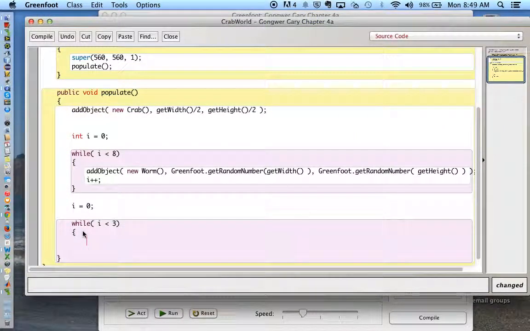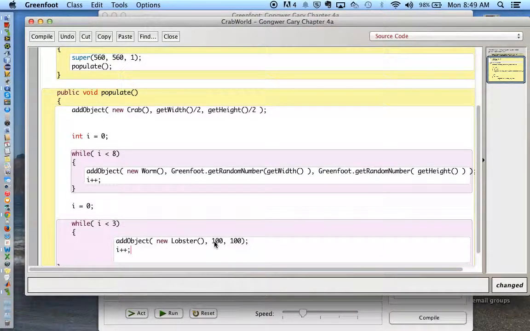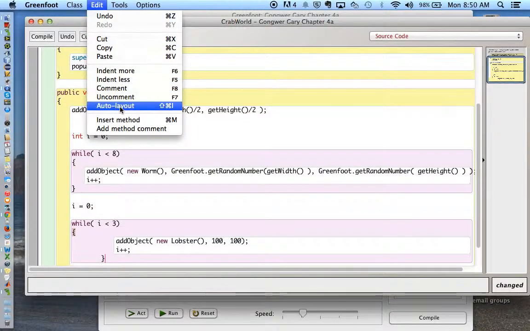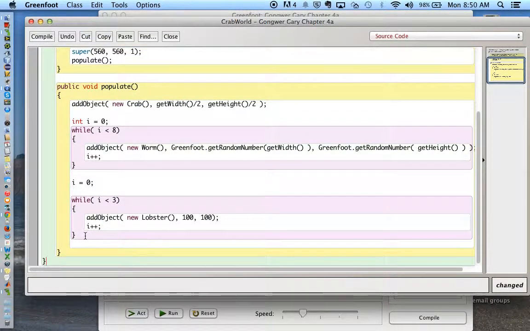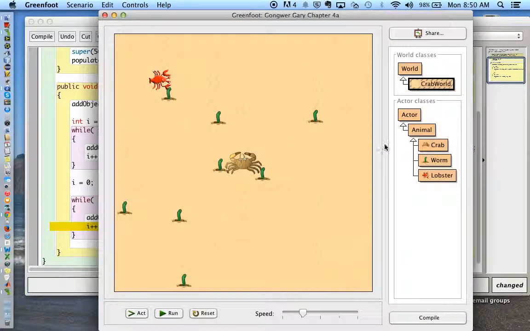And inside that loop is both our increment and the new lobster. And so now we have a loop that operates 3 times, 0, 1, and 2. And each time it's going to add an object, a lobster. And what makes it not an infinite loop is the increment. Now when we compile it,